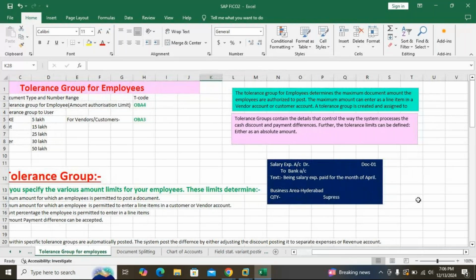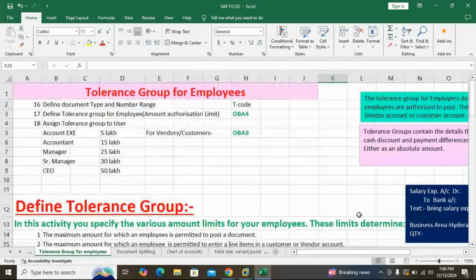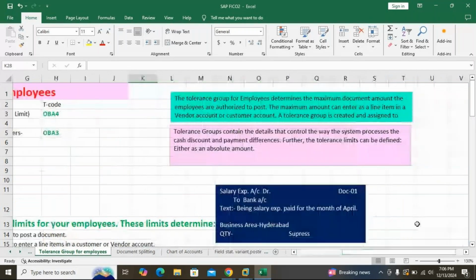Tolerance group for employees, I'll increase the screen size. Wait. So the tolerance group for employees determines the maximum document amount the employees are authorized to post. That means how many documents one employee can post.